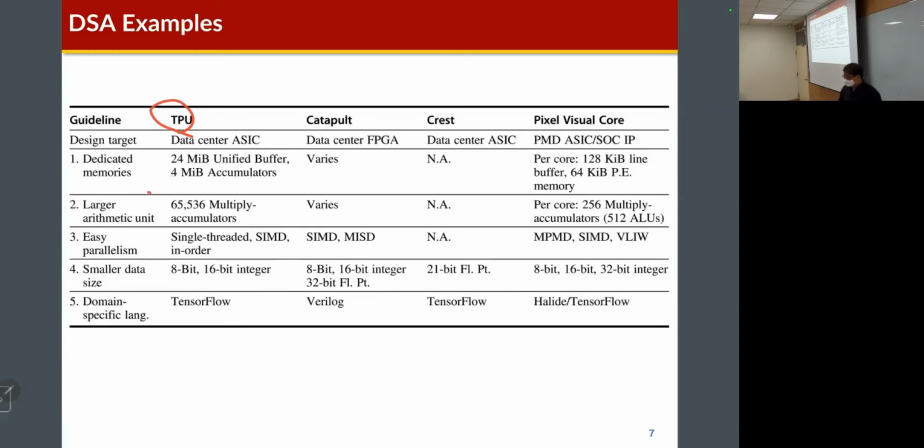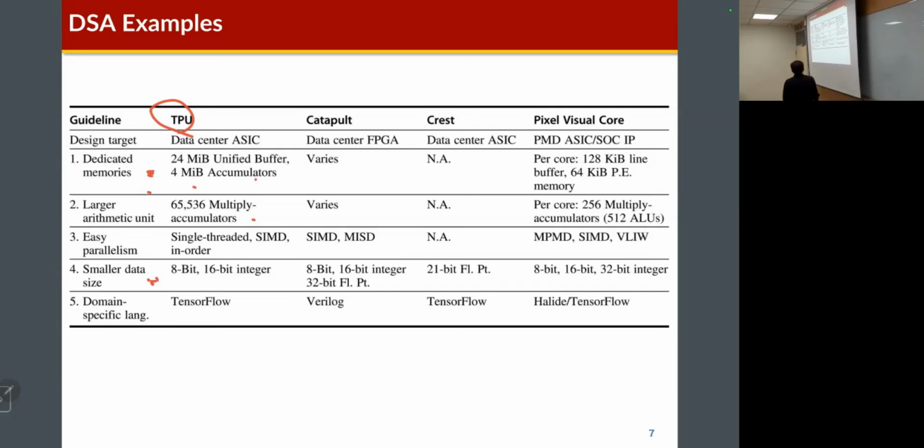So you can find the dedicated memory, and also the number of processing units here. You can find the size of the memory, the number of processing units, and how the parallelisms are exploited here. Then smaller data size is a kind of their